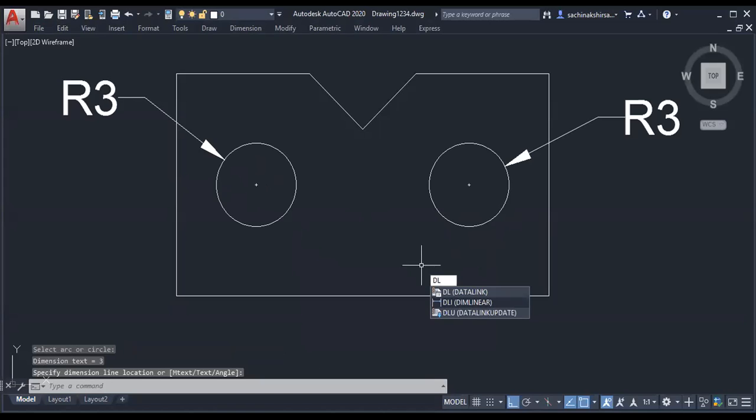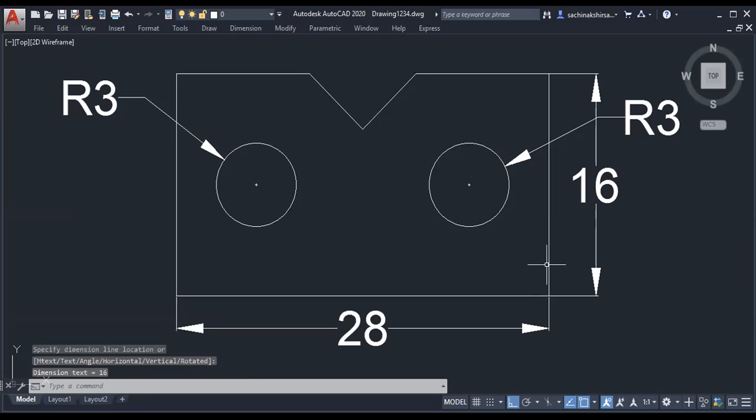You can take linear, horizontal, vertical. How much is the vertical distance? 16. Likewise, how much is this distance? 6. This 6.